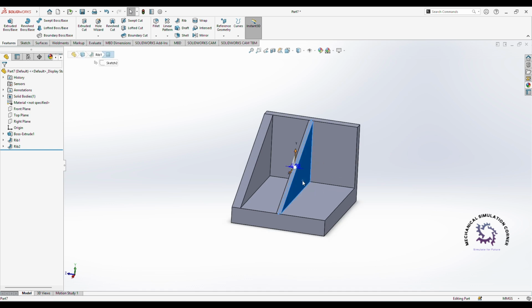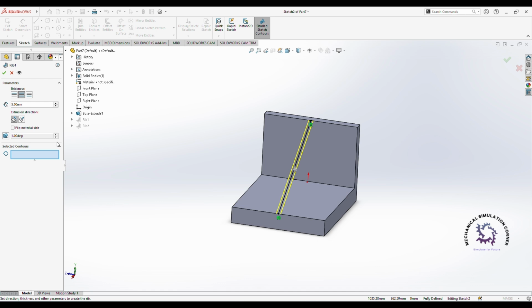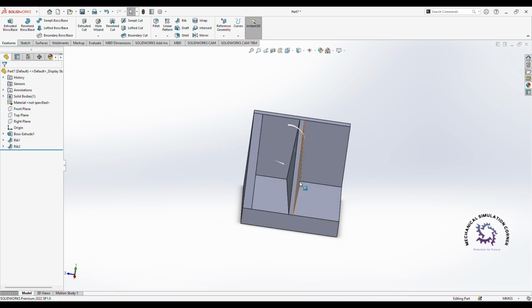Also you can use angle. So here you can see